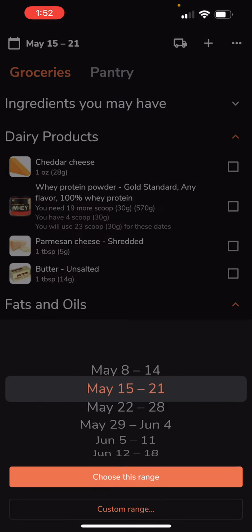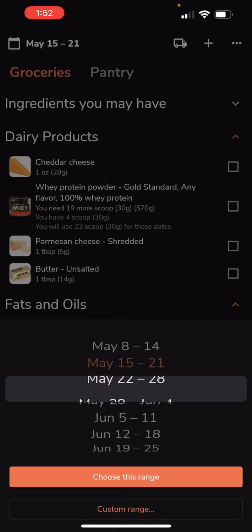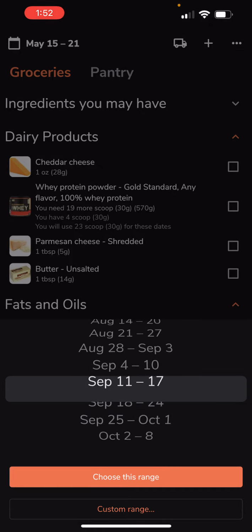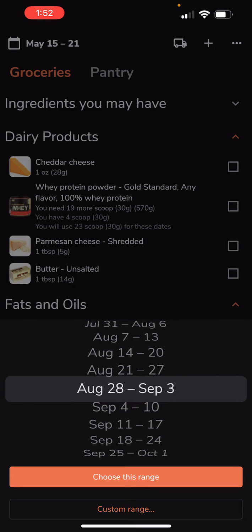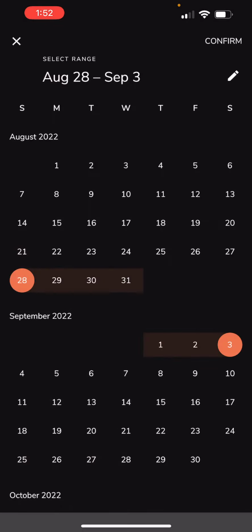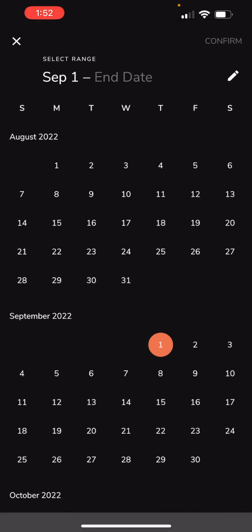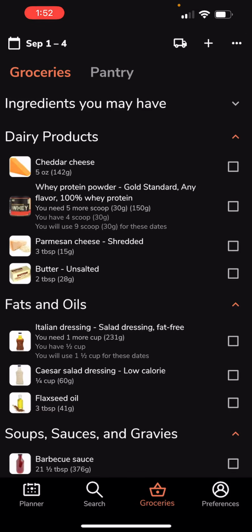Make sure this date up here at the top is correct, because as you can see, it's pulling in stuff from May. I don't want that. It's September now, so I want to make sure I'm pulling in the dates that I want to be cooking for or shopping for. And these are certain ranges, or you can do a custom range. So I want to maybe shop for today and then just shop until Sunday. So I can do that, go to confirm, and make sure it's going to pull in all the things I want with the right